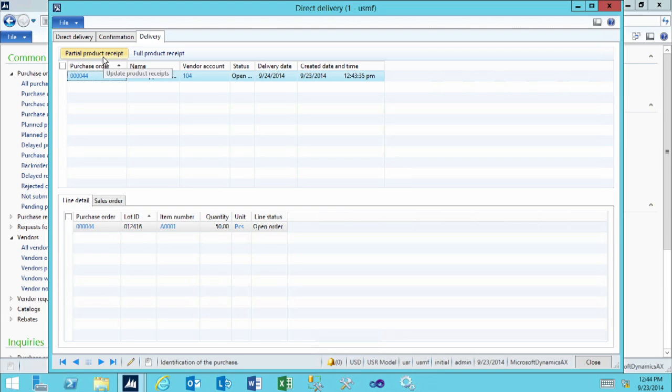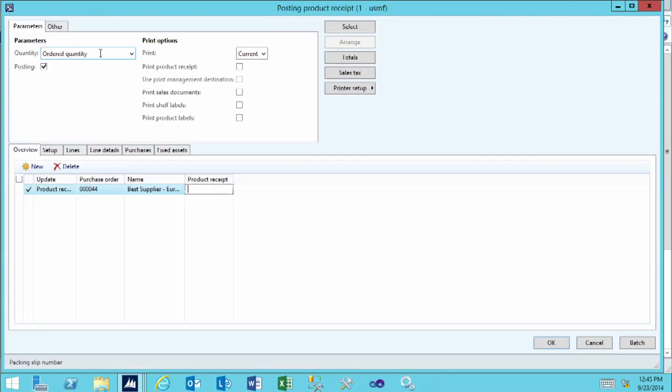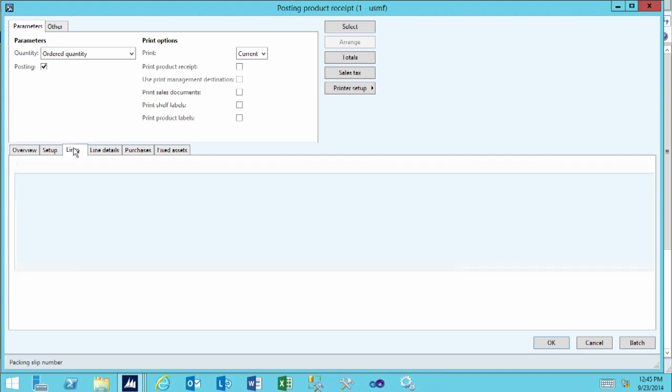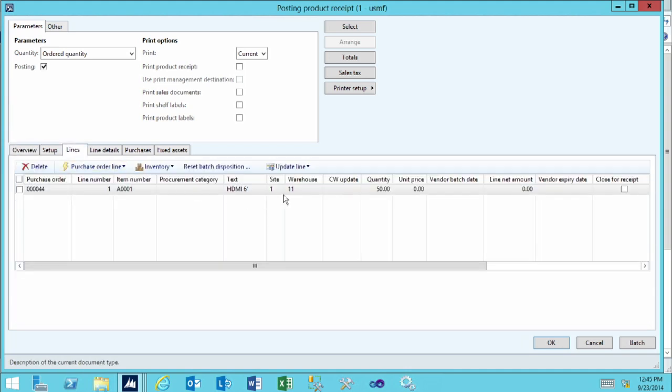I'll show you how to do a partial product receipt where we can override the quantities that are being shipped. This will open up the standard posting product receipt form. You'll type in a product receipt number and then click the Lines tab. I can update the quantities here, so if 40 of the 50 were shipped, I click the Lines tab and